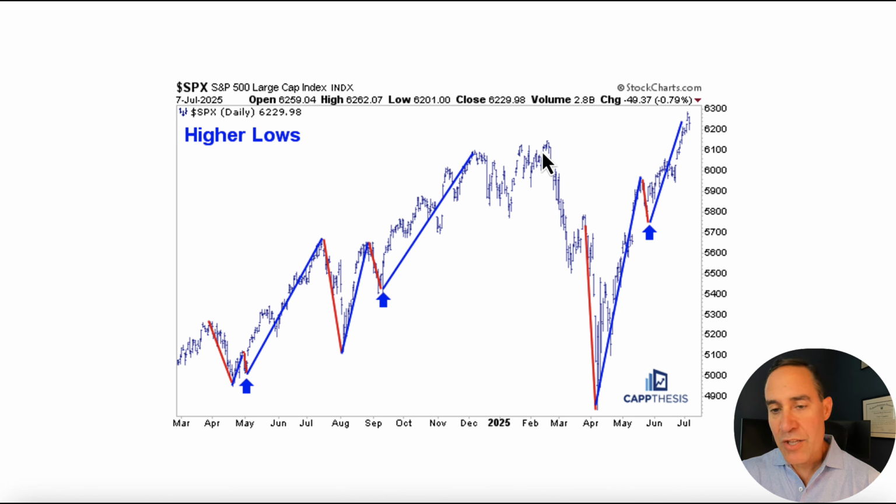Right above that was the digestive area that had given the market a lot of trouble ever since first touching it, say in November, December, January, February. So obvious resistance at that point, with the knowledge that the S&P just couldn't get above it for longer than a few days at a time. But when that did occur, and we saw a little bit of a bid here, we asked the question: